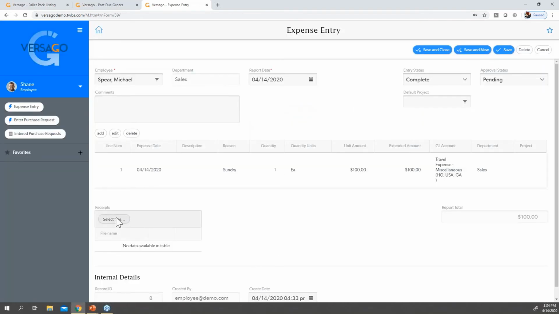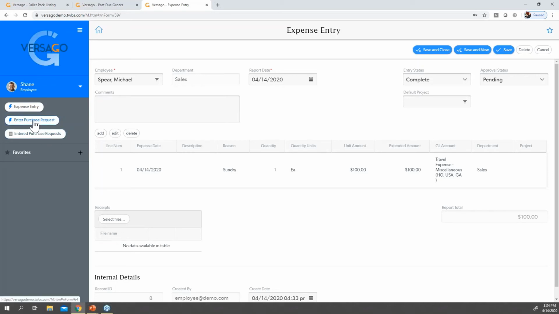If I wanted them to attach receipts, if they're using this on a tablet, and I'll send an email to everybody on this call tomorrow so that you can see, if you're on a tablet or a phone, you can actually take a photo and attach that. I'll show you this whole workflow in a 5-minute video. It's out on our YouTube channel on our Fix It Friday, where the employee enters it, submits the receipt, and so on and so forth.